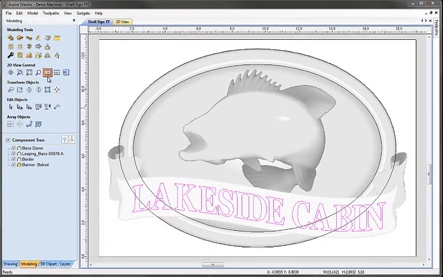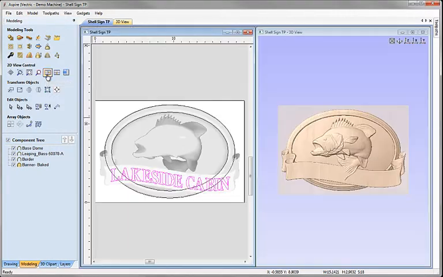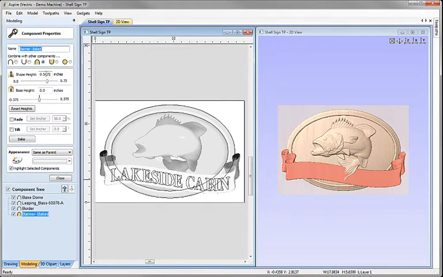Let's click back on the icon to tile the windows vertically again so we can see the 2D and the 3D view. And now what I want to do is adjust the banner height so that it comes above the tail there. So I'm going to select the component. We can do that from the list or click on it in the 2D view. We click on the icon here to change the properties of the component, and I'm going to change the height of this, and let's maybe make it